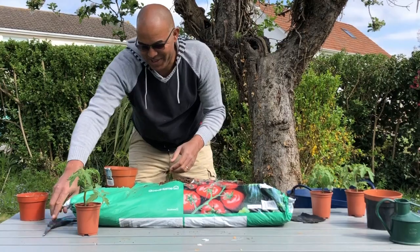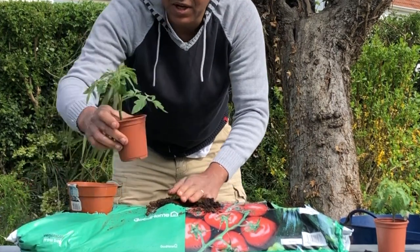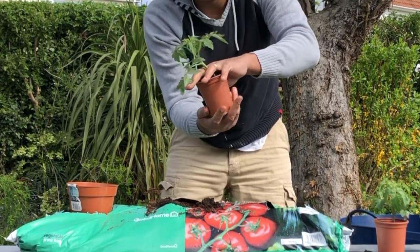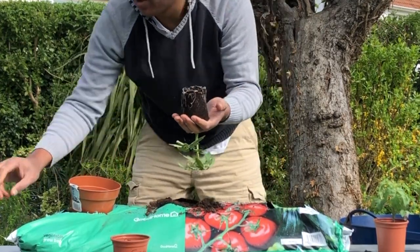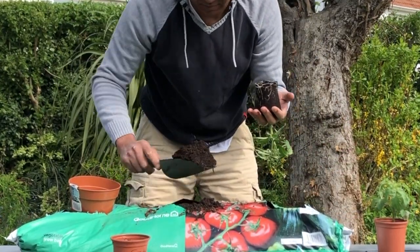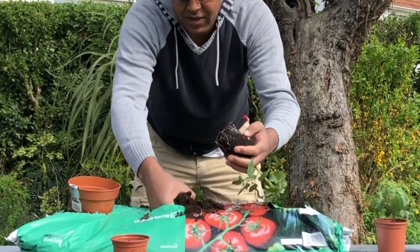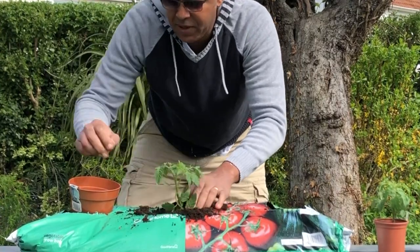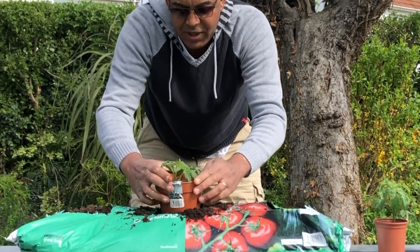There you go, see? Right, so here's what you do next: put your hand into there, okay, and loosen up the soil. You've seen me already take off the bottom two leaves of this tomato plant. Again, squeeze, turn over, tap, and you'll get the tomato plants with the roots, okay? Now, what I want to do is take some of this soil out. So, take some of the soil out there, there's a hole, okay, and then push the tomato plant into the soil, then take the soil you just took out, put it back into there, okay, now push the leaves up there,